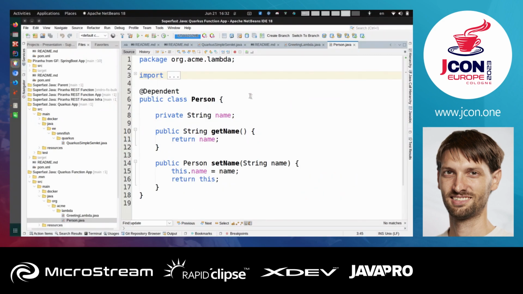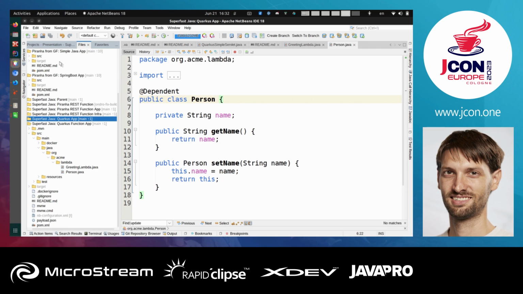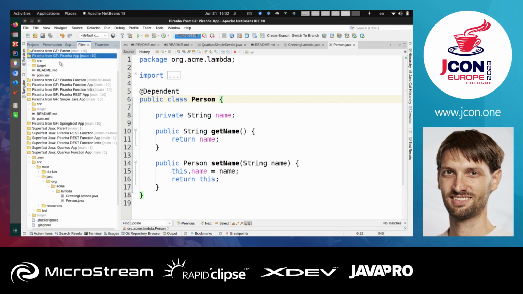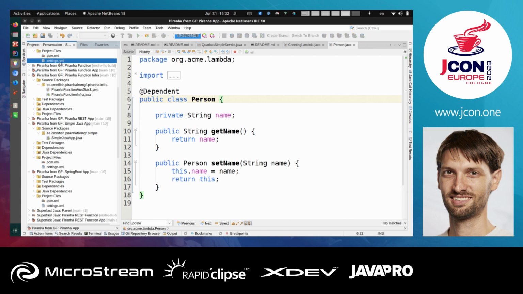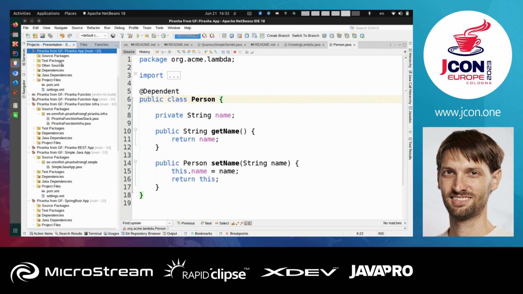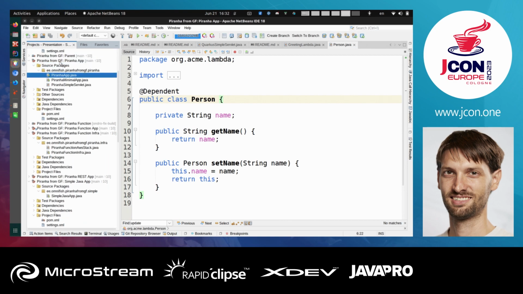So now some demo about Piranha, what it does and how it looks like. First, to impress you, I will run the same servlet with Piranha, and then I will explain how it works. Where do I have the Piranha function, Piranha up. So here again